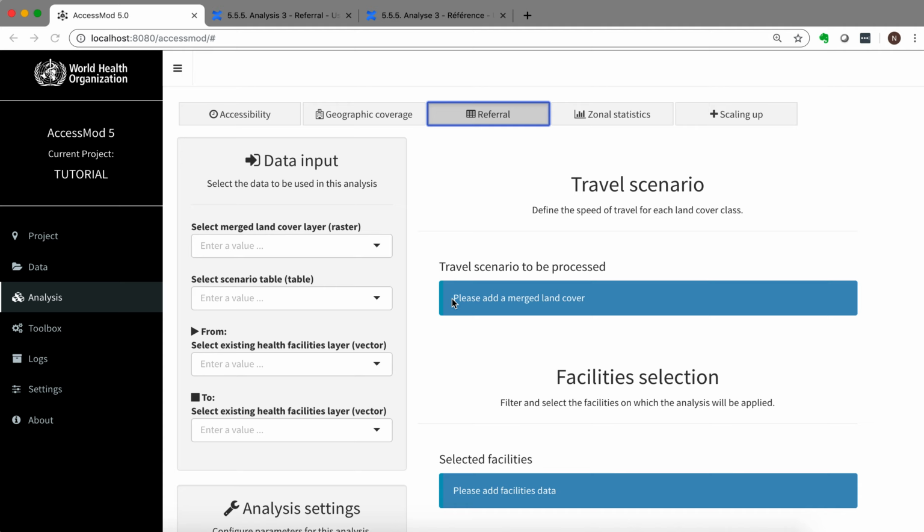In this video, you're going to learn how to do a referral analysis. This analysis is conceptually quite easy to understand. You just want to compute the travel time and/or the distance from an initial set of facilities to another set of facilities. So typically, you want to have an idea of these referrals from a lower level facility